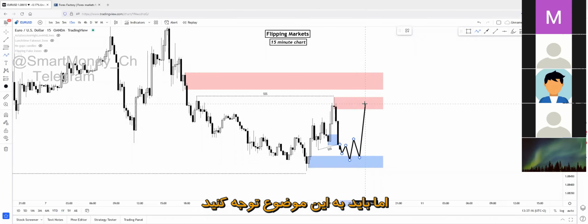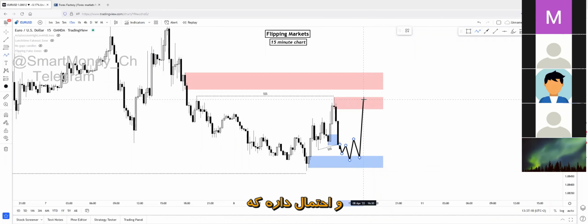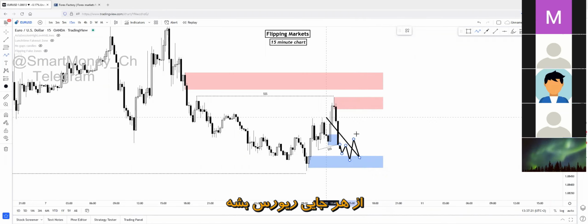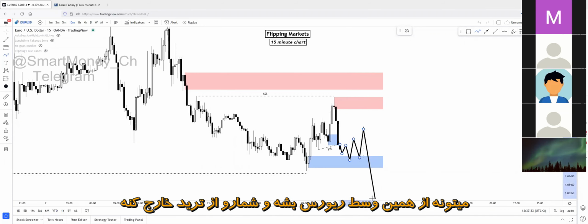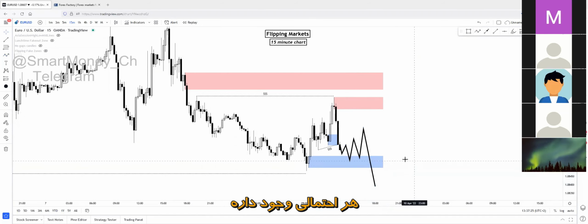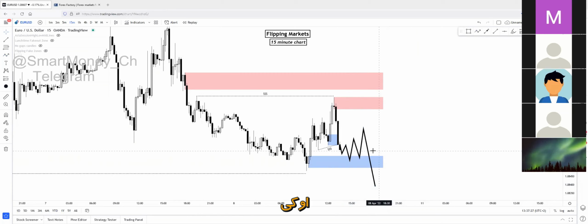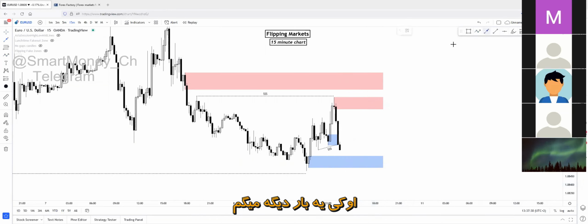But you have to know that this is a counter trend trade, and there is a possibility that price reverses in the middle of nowhere, doesn't even tap into this supply zone, reverses right here and sweeps you out from the trade. There's a possibility for everything. So once again,